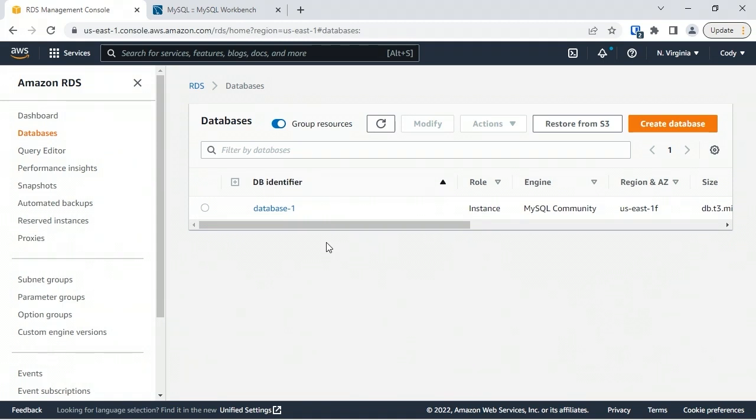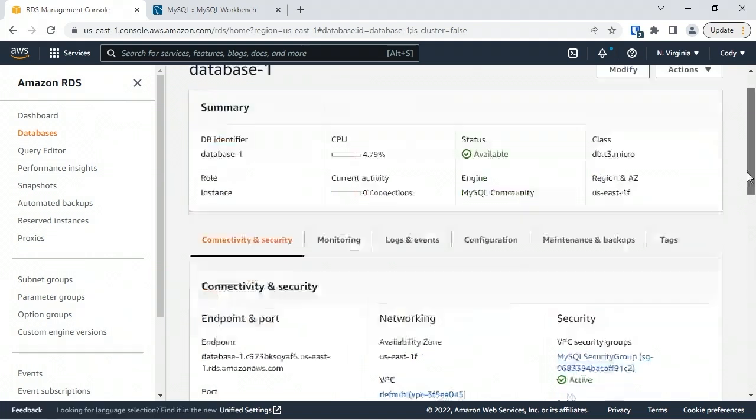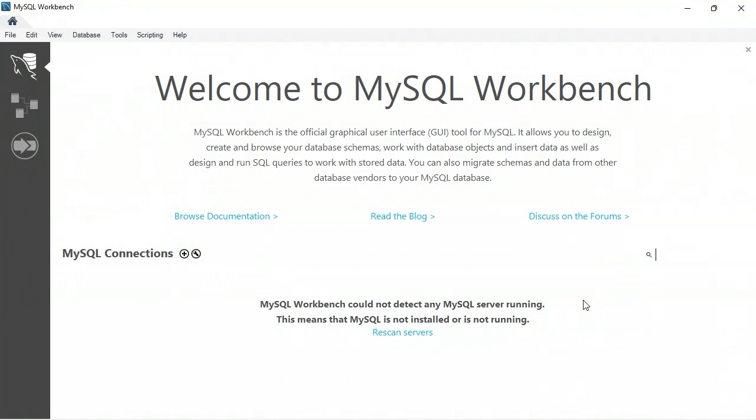start working with data. So I'm going to click on the database identifier to open up the properties of it. I'm interested under connectivity and security in taking note of, well, specifically copying the DNS database endpoint there. So I'm going to go ahead and copy that to my Windows clipboard. Notice the default listening port is standard for MySQL. It's 3306. That's TCP. So if I fire up the MySQL Workbench tool on my on-premises computer, this is what